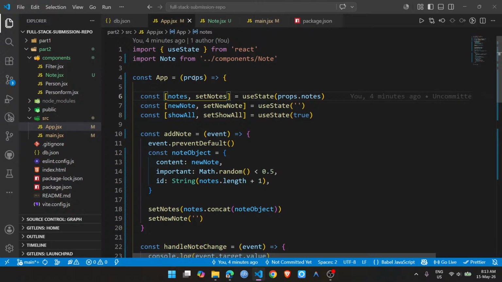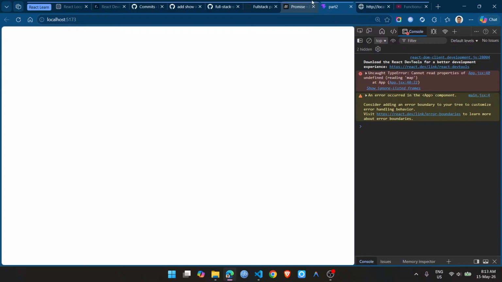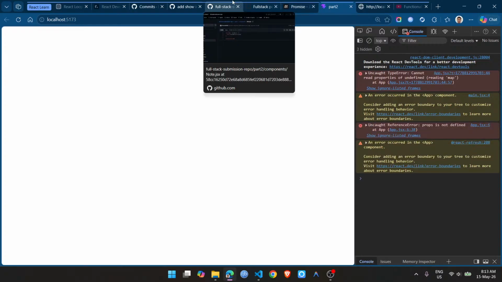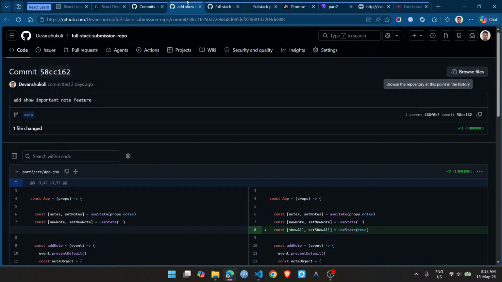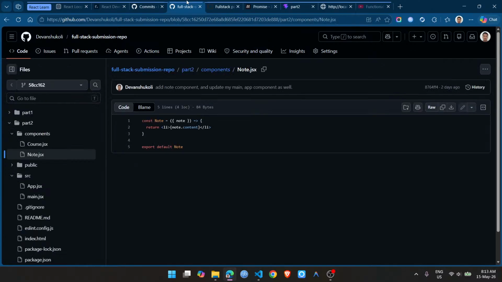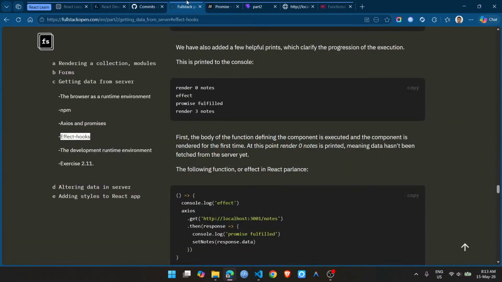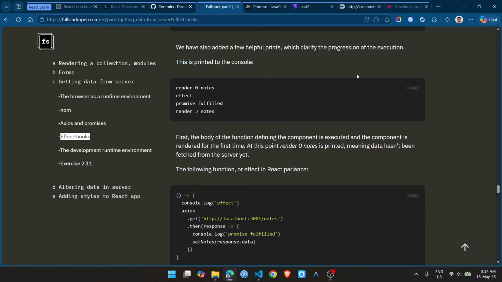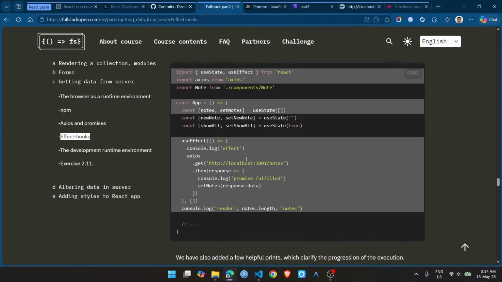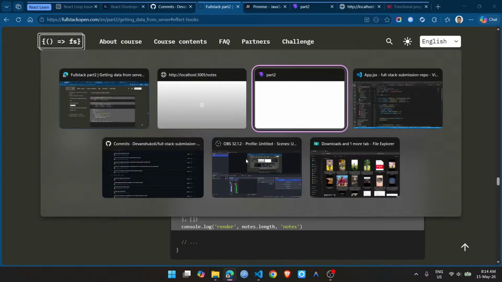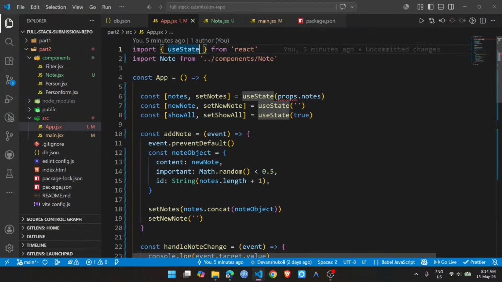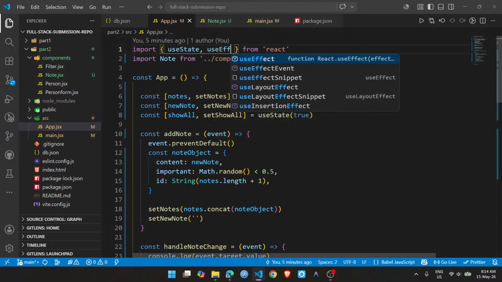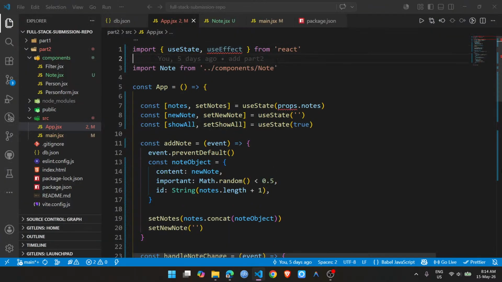Since I'm not passing props anymore, let's remove this. Okay. So I got the data. Now I can see it again. So they want me to use effect, use effect, and then Axios,